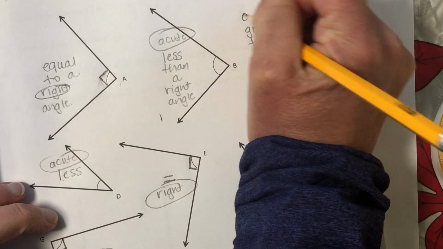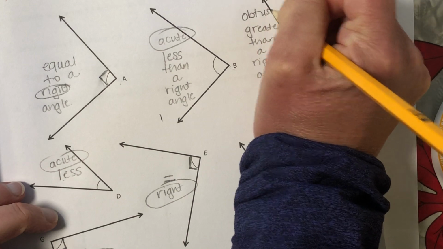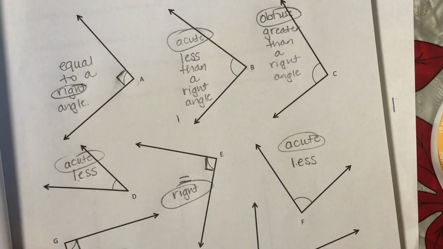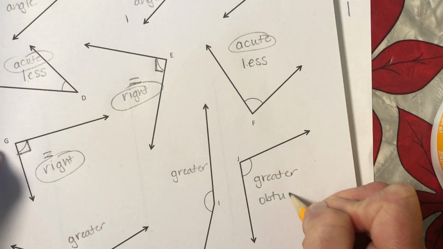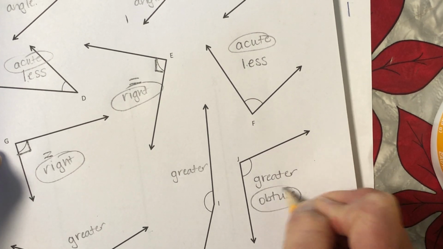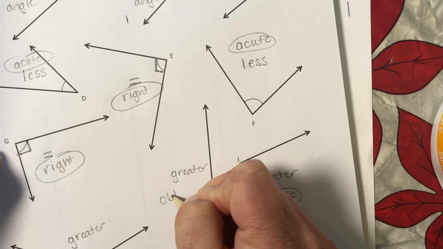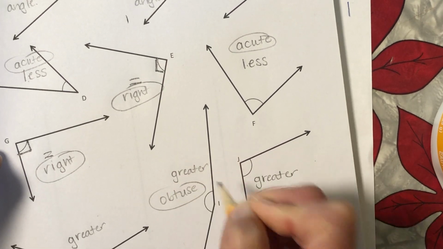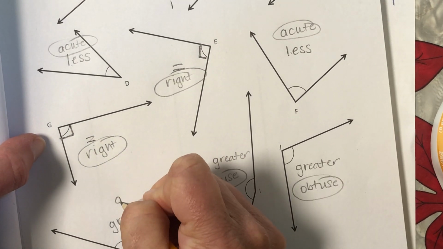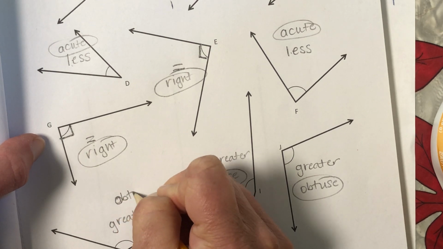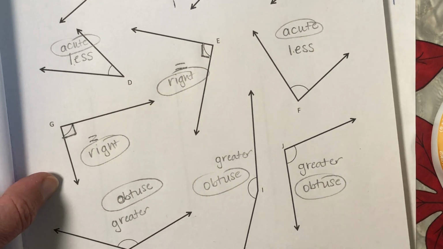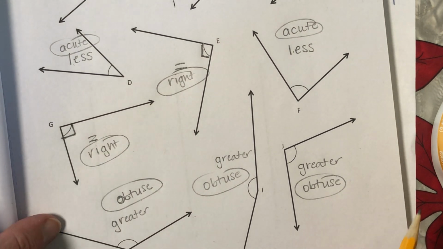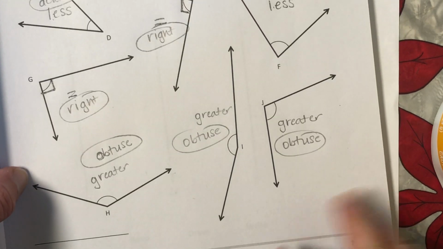So I'm going to come back and I'm going to label my greater than angles obtuse. You can do that with me. So I can think of acute as that little angle and a right angle as perfectly square in the corner, and obtuse as a greater than right angle, but not